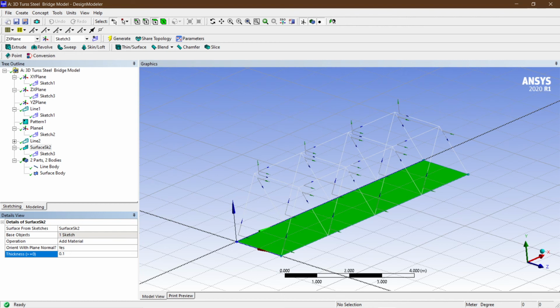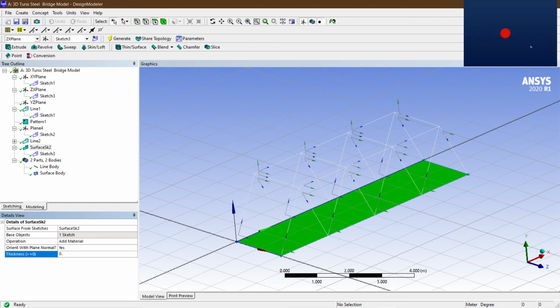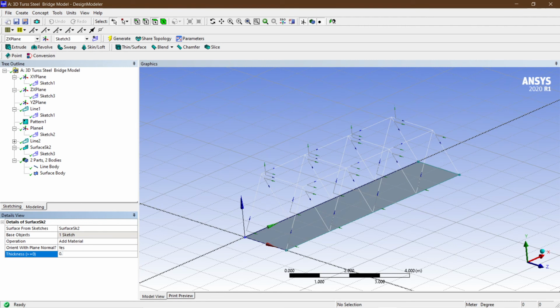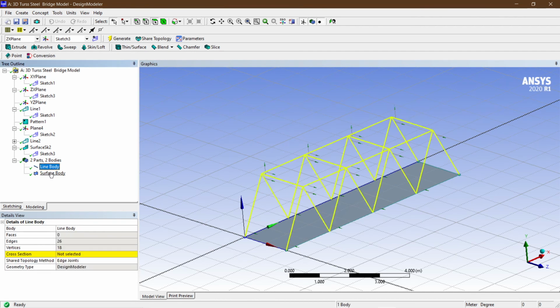So 0.01 here. Just 0.01, then generate. Yes, fine. I selected the thickness as 0.01, so it will be very thin. So let us go for 0.1 meter thickness. Just hit generate. Okay, now we can see the surface property, line, surface.